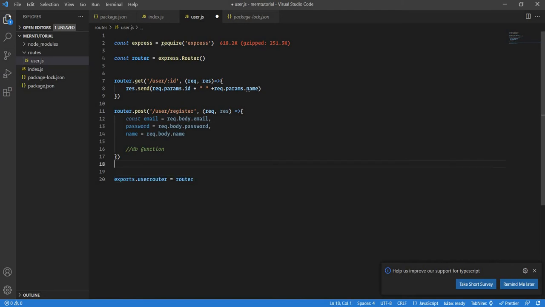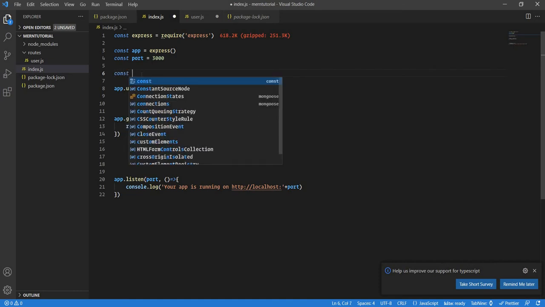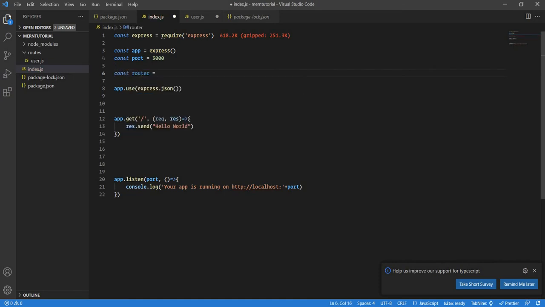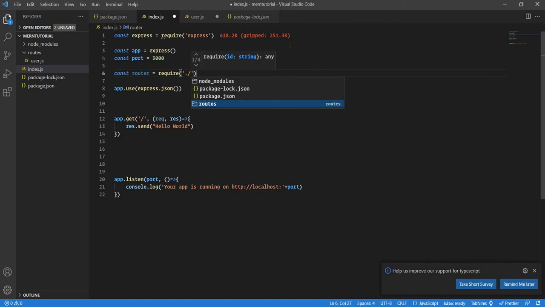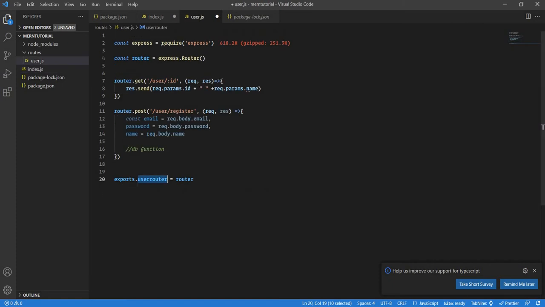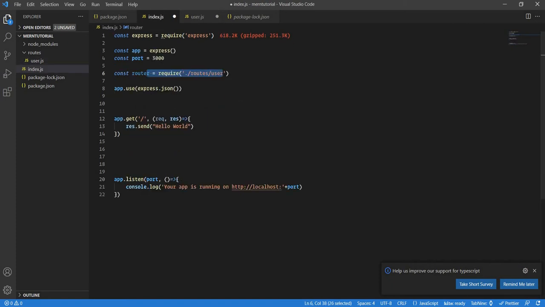Now what is the syntax here? Whatever we want to export, the variable and the value of that variable. So this userRouter, when we import in index.js, we won't say const router. We can say that, but even if we say something like this, const router equal to, and this will come from this routes folder, routes user. Now if I want to use this userRouter, I need to do router dot userRouter, but